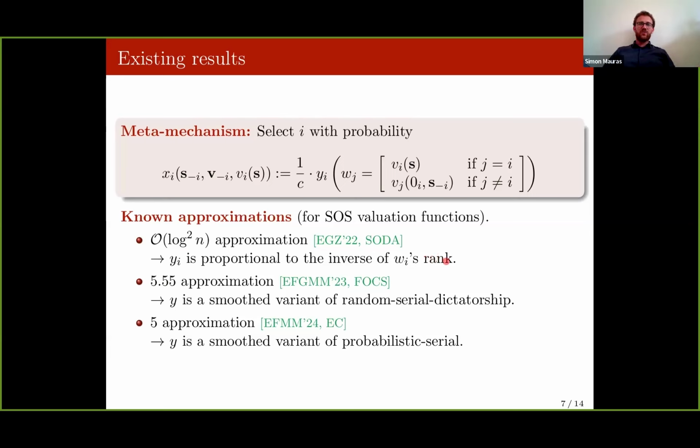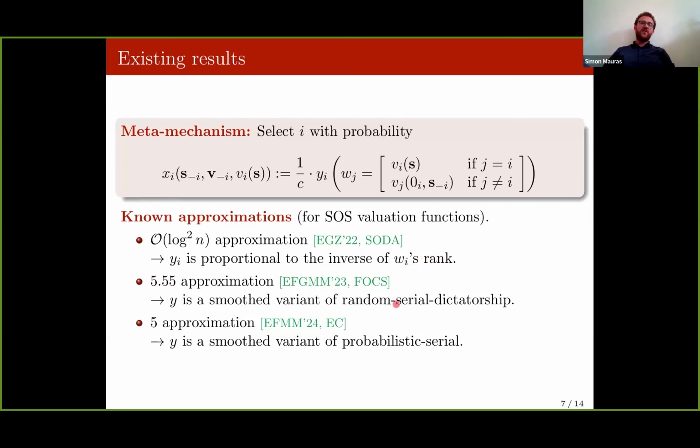So this is a smart construction, and their proof used an argument from extremal graph theory, like the coloring number of a directed graph with bounded degree. We're not going to go too much into these details. A later work in 2023 came up with a 5.55 approximation, which can be seen as a smooth variant